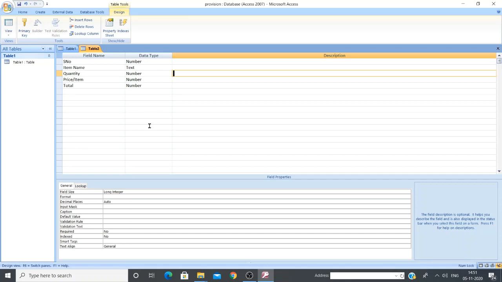So primary key, which will be suitable for which one? Total? No, maybe two or three items have the same amount. Price also, it's not possible. Primary key should be a unique number, so no one else can hold the same value.